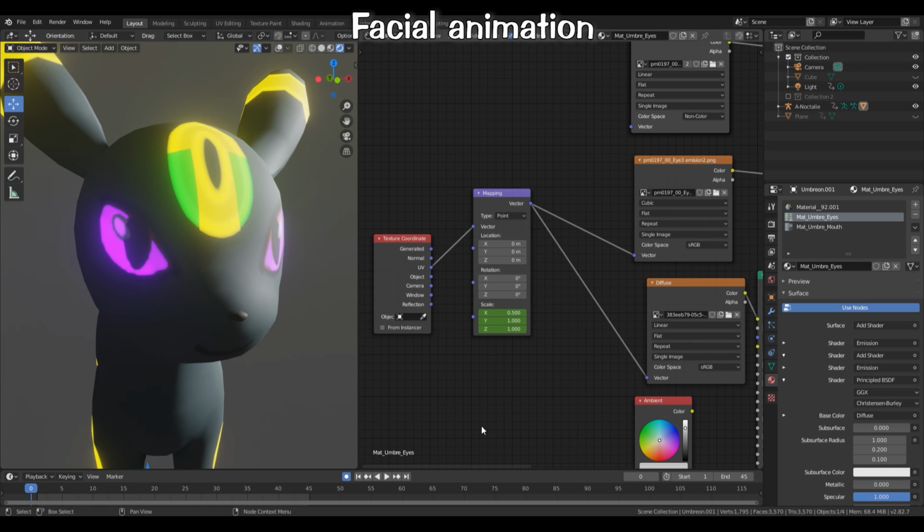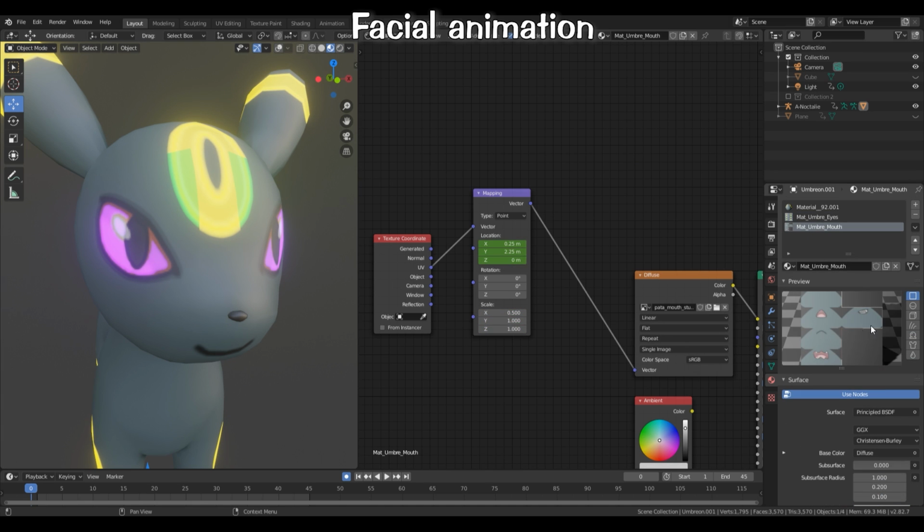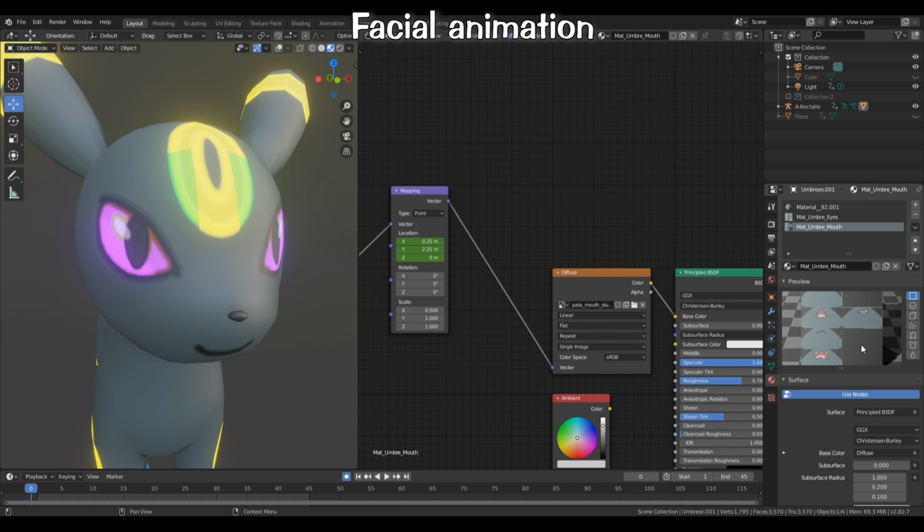So how to animate the facial expression, how to animate the eye, the mouth, everything. So this is pretty simple. So the texture, or actually, I will show this. As you can see, the texture, or actually an atlas. So you have in one single texture all the different facial expressions, and all you have to do is just to edit the position of the texture.